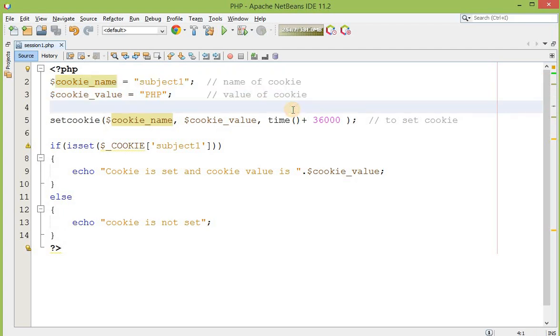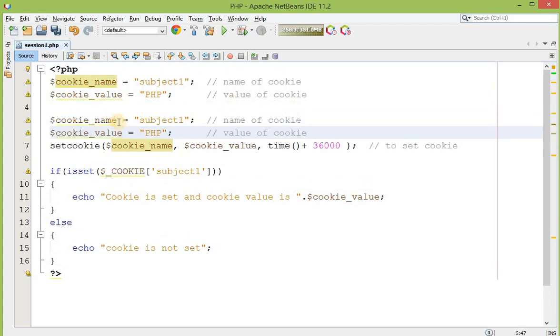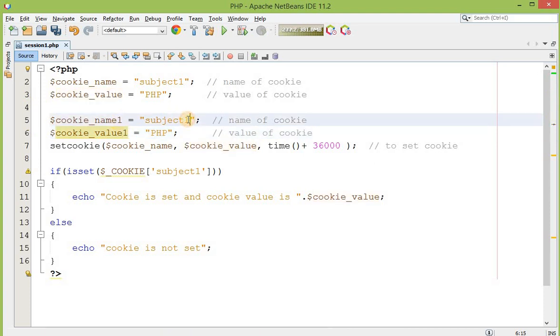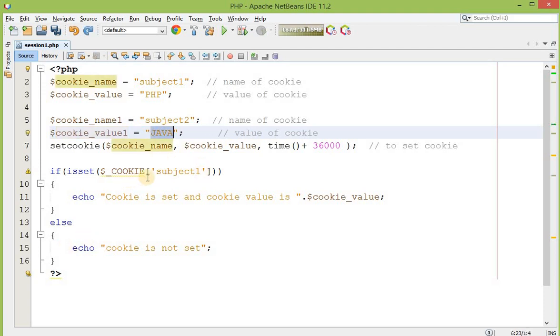Now I want to set multiple cookies over here. I am just differentiating it with subject2, and let me write its value as, let's say, Java. Over here we are checking for subject1, that means this cookie.